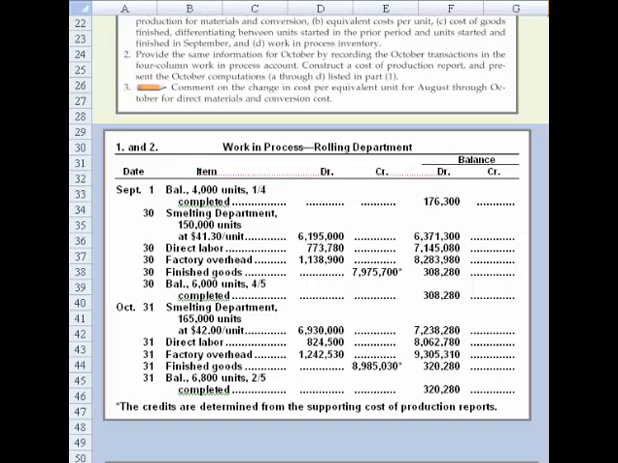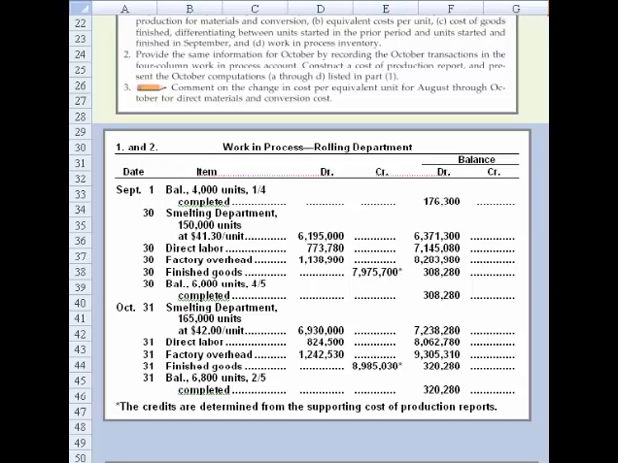Okay, there's our work in process account. This is simply the work in process account in the general ledger. We've got columns for current period debits and credits, and then we carry the balance. Okay, so we had a balance of $176,300 on September 1st. We were told that $6,195,000 was transferred into the smelting department, right? And so using the numbers and the cost that we came up with before, we're able to drop the dollars